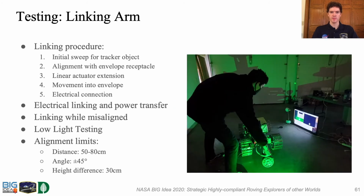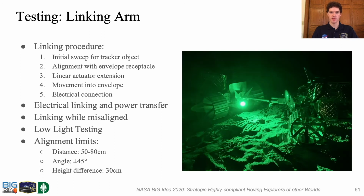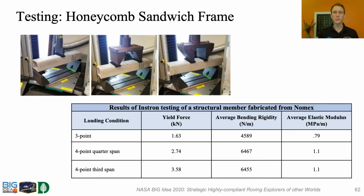The shrews link in a completely dark environment similar to that of a permanently shadowed region, and when linked, they transfer power. The results of these tests demonstrate that this technology has merit and can be adapted to the lunar environment. To validate the potential for constructing the lunar vehicle frame from Nomex honeycomb panels, we performed flexural testing on